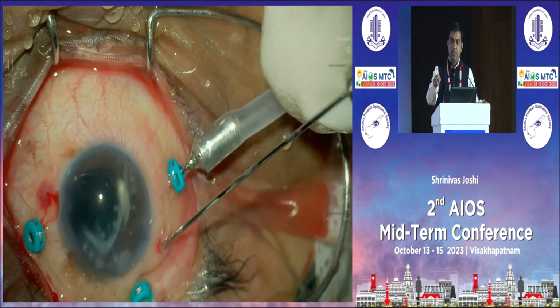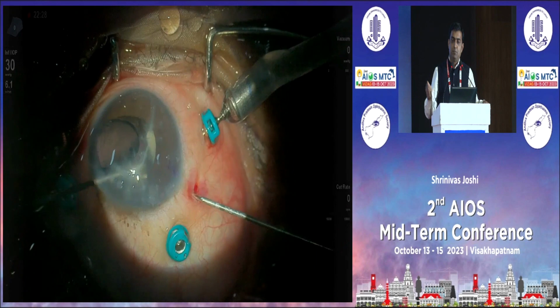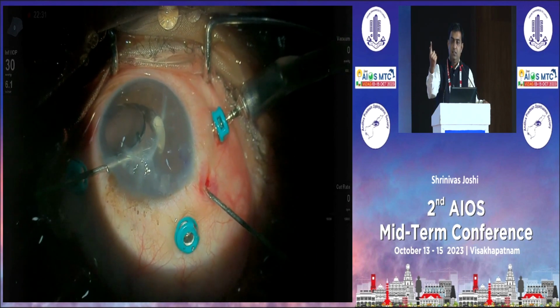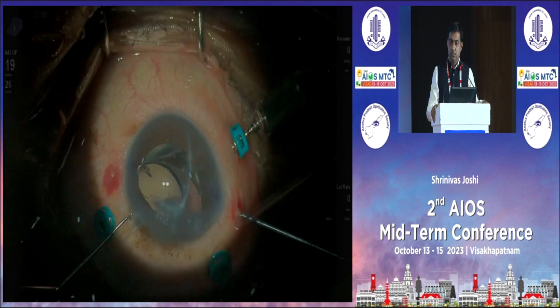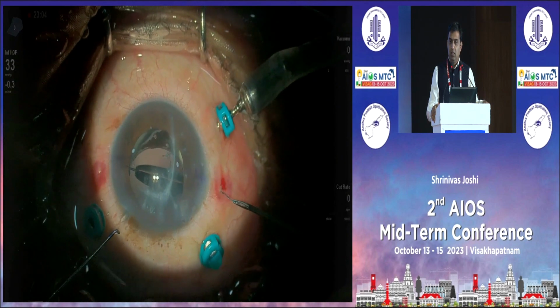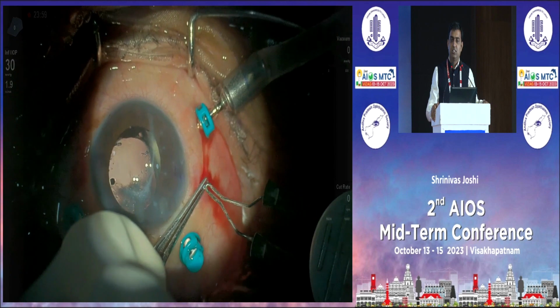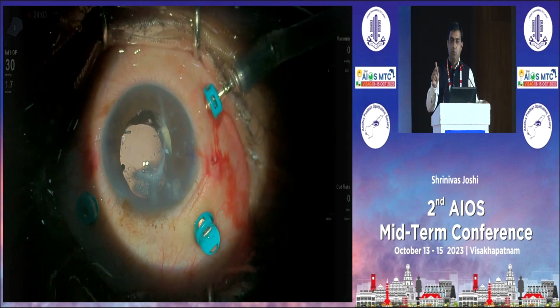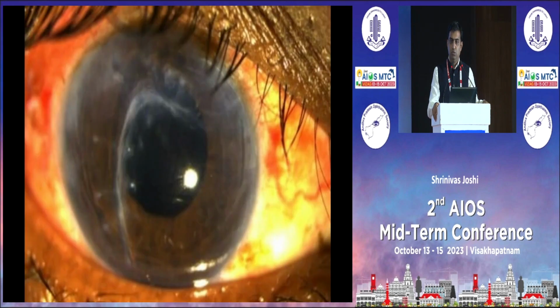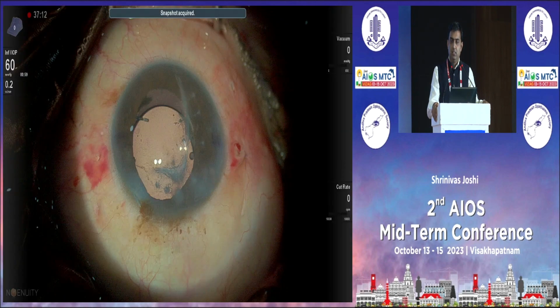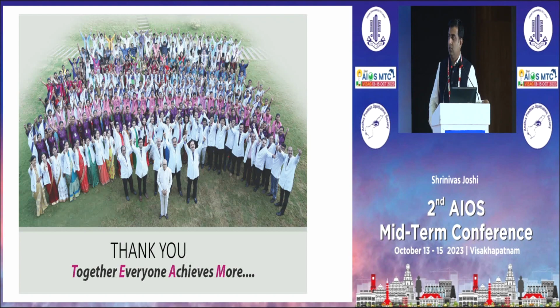So again here you can see I am using an ILM forceps in a fashion where I entered using the ILM forceps in a Z-type fashion, catch hold of that tip of that IOL and externalize it. And once you externalize it, flange it properly and put it back into the track. So this was how it was shown after surgery. This is post-op day 1. You can see the scar because of the trauma he had, and the patient is really doing well. So thank you very much for the patient listening. Thank you.